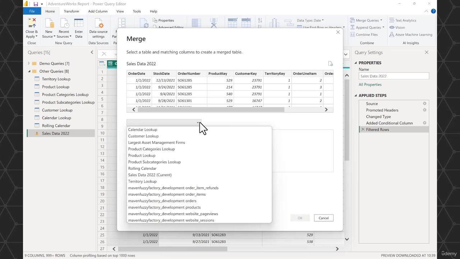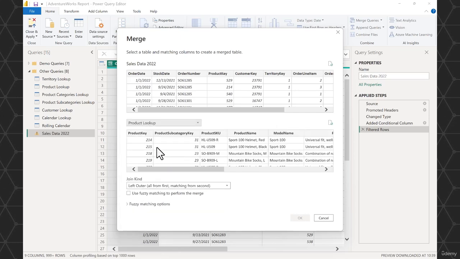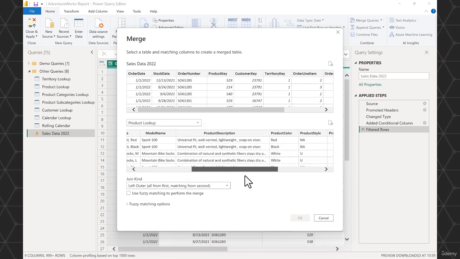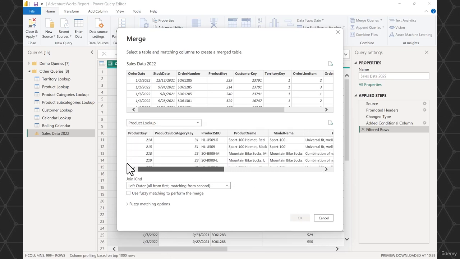And this allows us to access all of the other queries that have been added into the query editor. And again, we want to grab detail from the product lookup table, right? And so then again, here we get this preview of all of the columns contained within our product lookup table. And the only columns that these two tables have in common is product key. So if I select product key and product key, Power BI goes through, you can see down at the bottom here, it says the selection matches